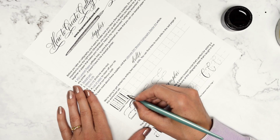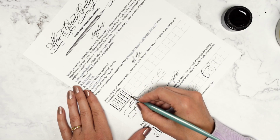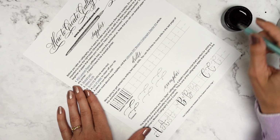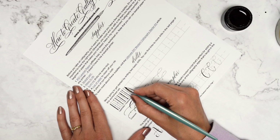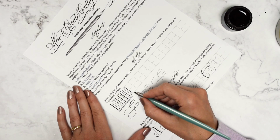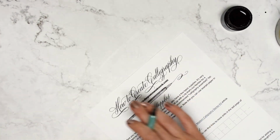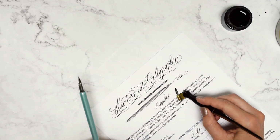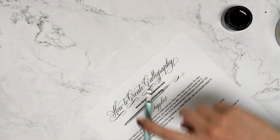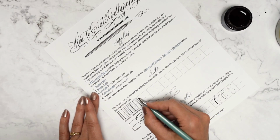You'll want to pay special attention to applying balanced, even pressure to both tines of the nib on the downstroke. And if you don't achieve a really dramatic stroke contrast, that's okay. I want you to remember that when I created this calligraphy, I used a much more flexible nib and a different pen. You can see that these tines really split apart. So that gave me a lot more contrast than I'm able to make with a medium flex nib like today's